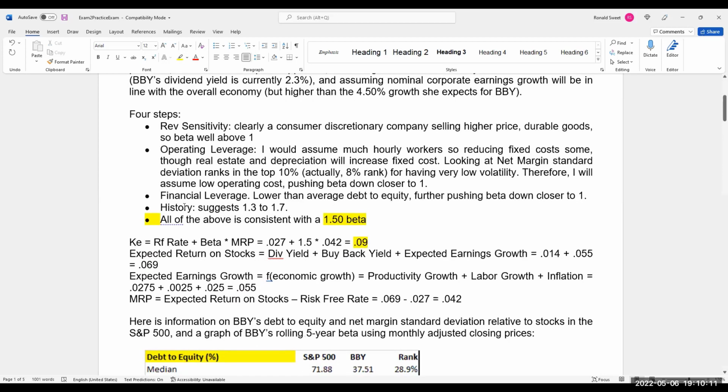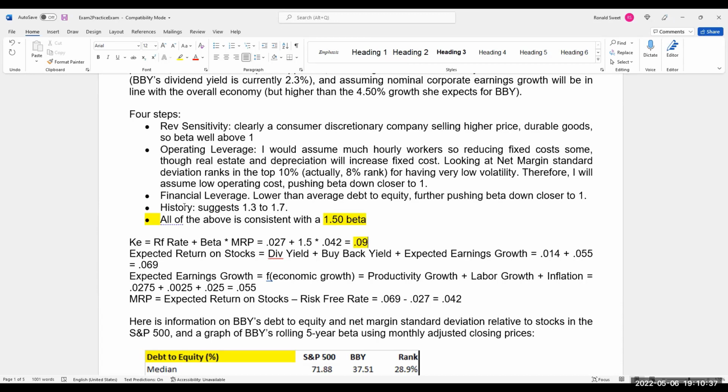That looks like a lot, and you have to do it off the top of your head because it's an exam, but you also need to be able to do it off the top of your head in practice. You just need to know this the rest of your life. How do you come up with the discount rate for a stock? You need to have some process. I'm giving you a process here that's perfectly reasonable. Other firms might have different processes. Some might even use just the regression data from Yahoo Finance, which I think is always wrong, but I